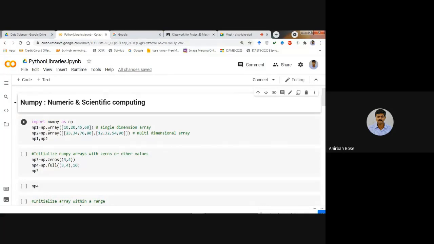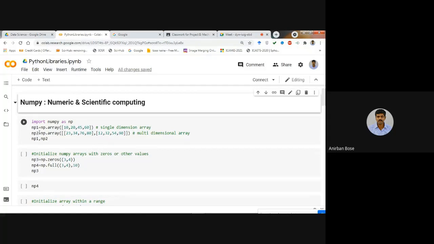It can be either a single-dimension array or a multi-dimensional array. Within this NumPy library, all kinds of numeric and scientific computing is done. So let us first see how we can create a NumPy array.